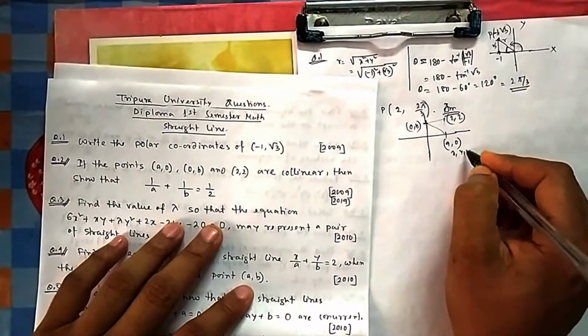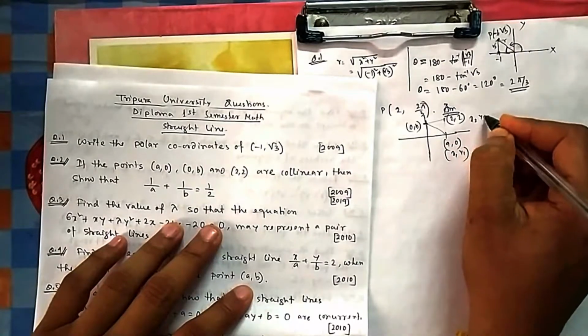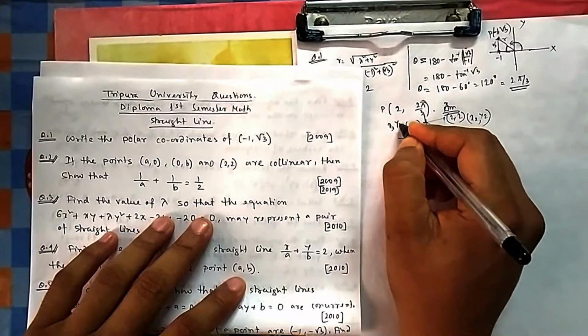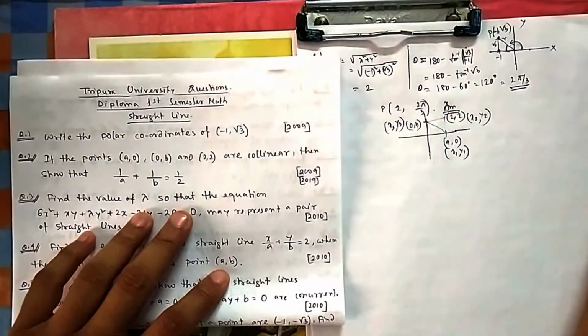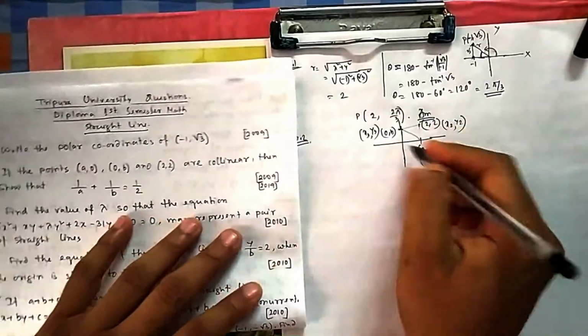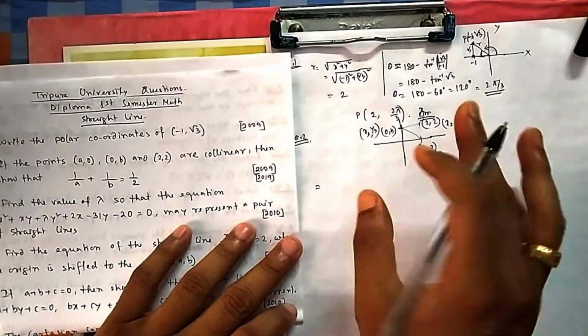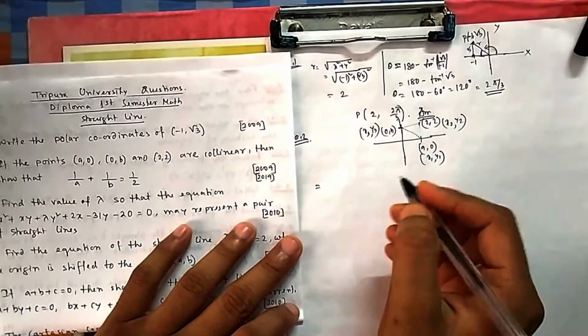So this is your x1, y1. This is your x2, y2. I always prefer to take it in anti-clockwise direction because in determinant it is necessary, otherwise we get a minus sign. That's it. There is no compulsion. It is not mandatory that you should take it in this way. You can take it any way. Even if you don't take it this way, that should also give you the answer.